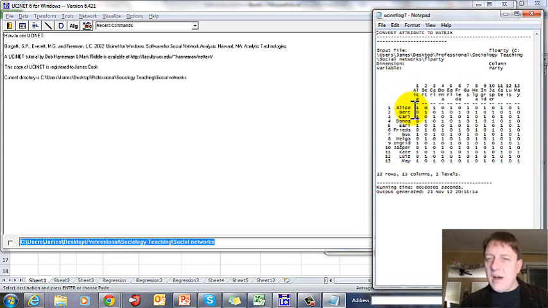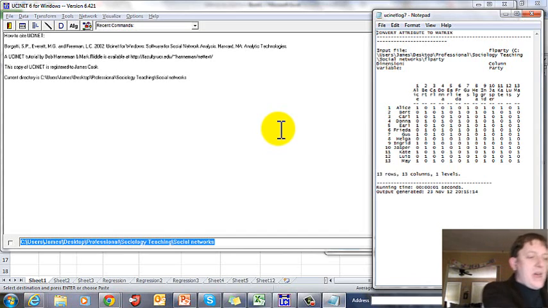Over here we can see Alice and Carl and Earl, who we know are in the same party from our prior look at that spreadsheet, are listed as in the same party. Bert and Donna, who are both Republicans, are listed as in the same party. So now I can write this down, and I know that we have a